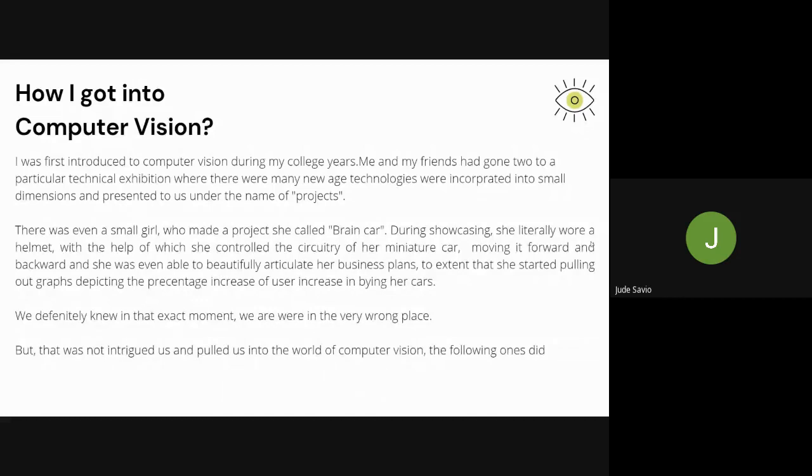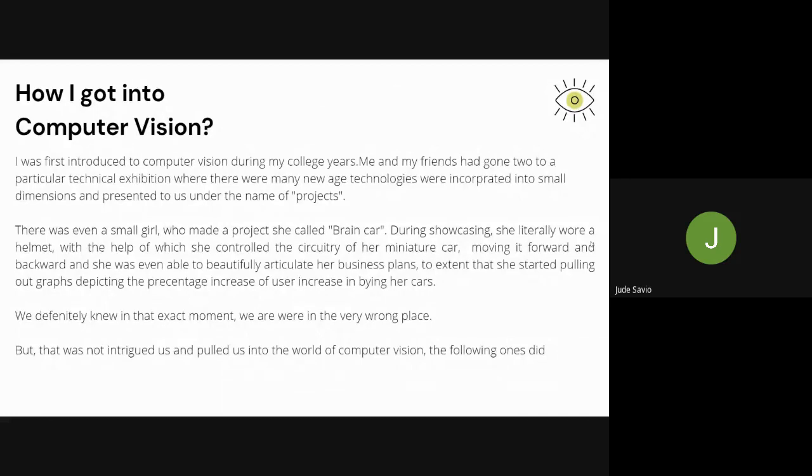We even met a small girl there. I believe she was in her sixth standard, and I still believe she must be in school. She hasn't even completed her school yet. She did this project called Brain Car. During showcasing, she literally wore a helmet with a single wire, and with the help of that helmet, she controlled the circuitry of a remote control car. And just by thinking, she made the car move. She made it move forward, she made it move back, but she only could do those two operations. But still,